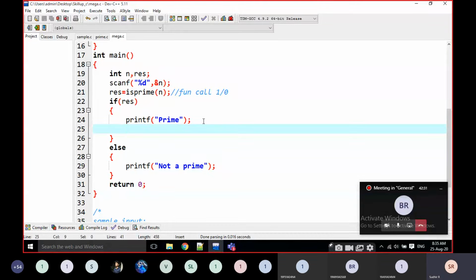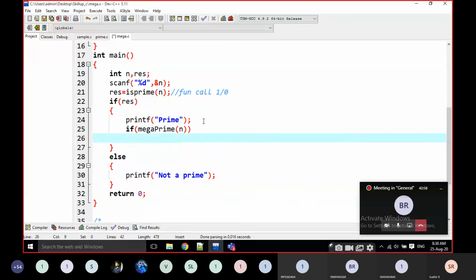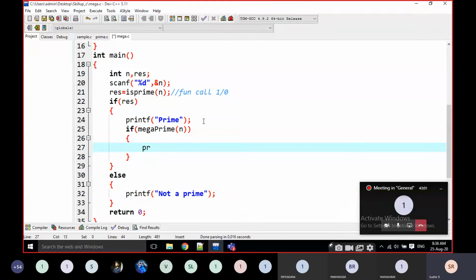Then I am going to call mega prime of n. I am going to write the logic here, no problem. Then if it is a mega prime, printf percentage d, more percentage d, mega prime. That's it.